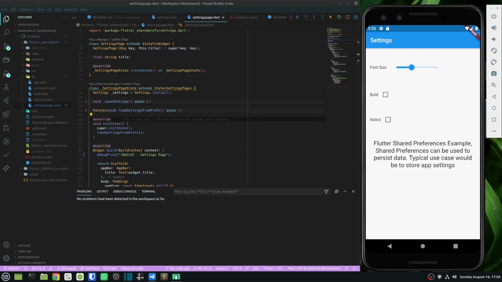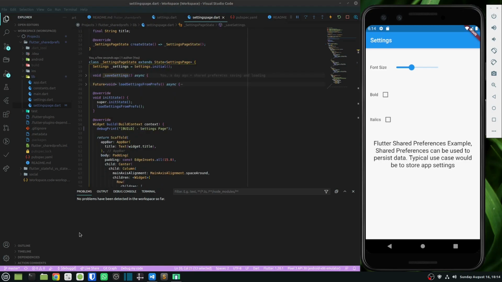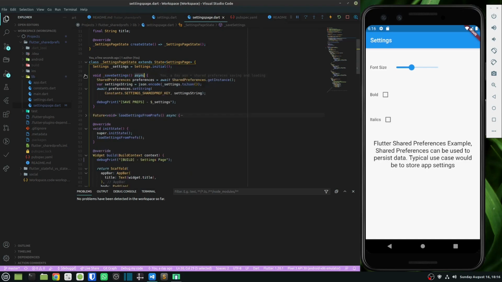So now coming to the main focus of this video, I would like to persist the settings using the shared preferences plugin. So I have created two functions: save settings to persist the settings and load settings from prefs to load the settings. In my save settings method, I am creating an instance of the shared preferences, and I can use the preferences.setString method to save the data.